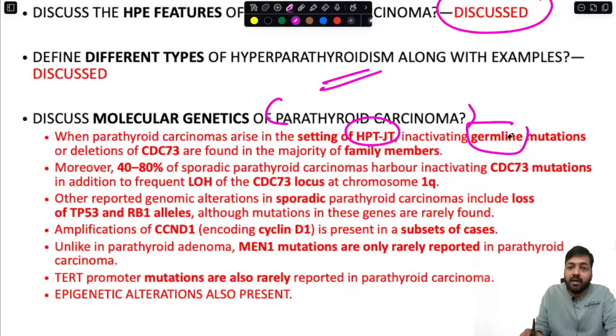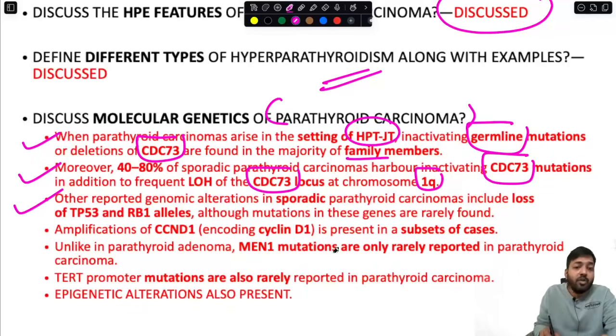Inactivating germline mutations or deletions of CDC73 are found in the majority of the family members. Moreover, 40 to 80% of sporadic parathyroid carcinomas also harbor inactivating CDC73 mutations, in addition to frequent loss of heterozygosity of the CDC73 locus at chromosome 1q. Other reported genomic alterations in sporadic parathyroid carcinomas include loss of TP53 and RB1 allele, although mutations in these genes are rarely found. Amplification of CCND1, encoding cyclin D1, is present in a